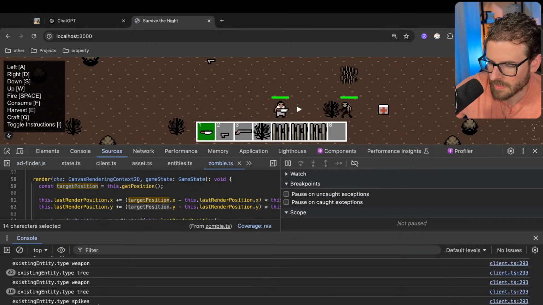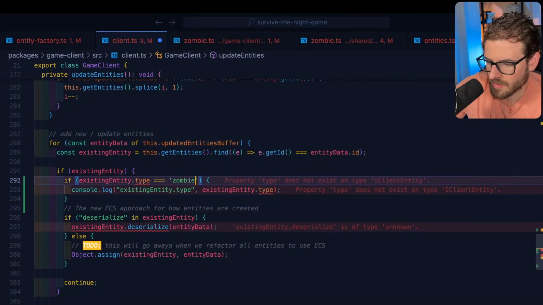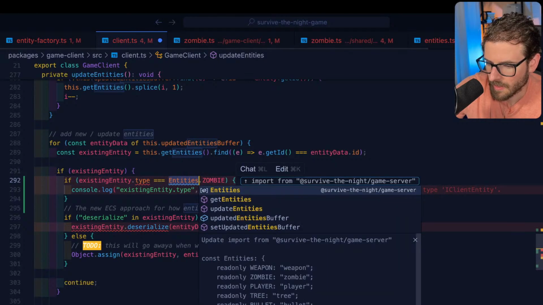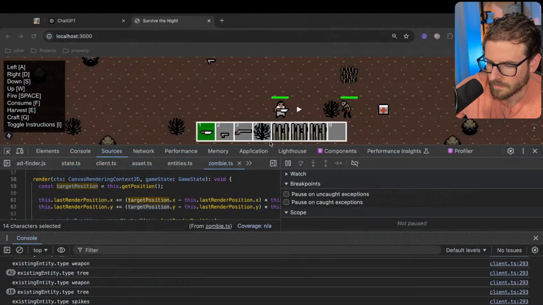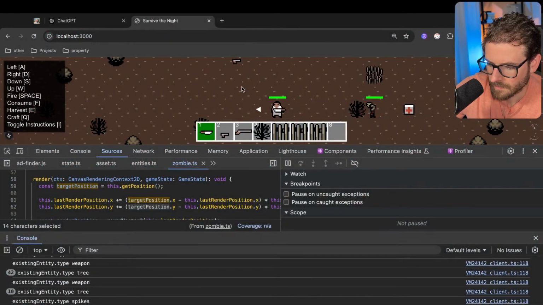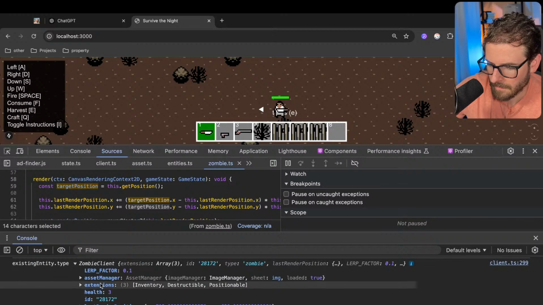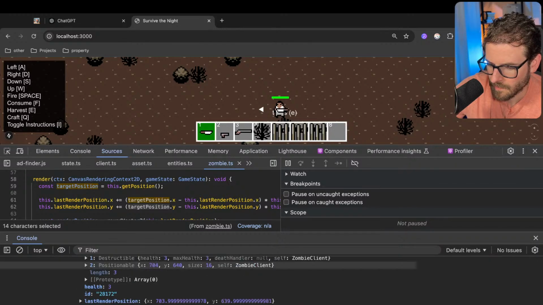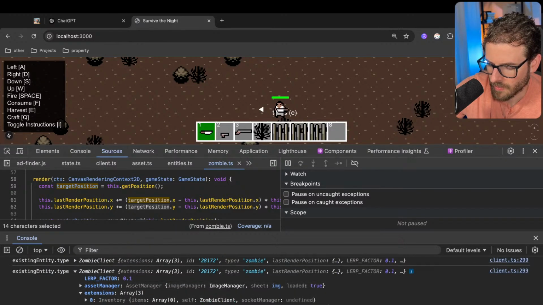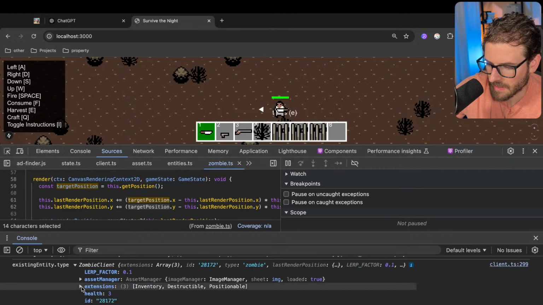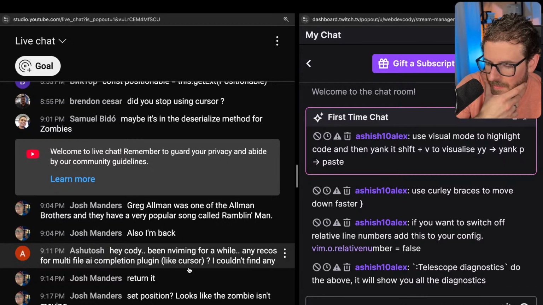Entity type is zombie. There is a zombie type. So it's just lowercase z. Okay, I screwed that up a while back. You know, I could just do that. Last renderable position 704. Yeah, it just doesn't seem like in the back end he's actually updating. That position looks like the zombie isn't moving.